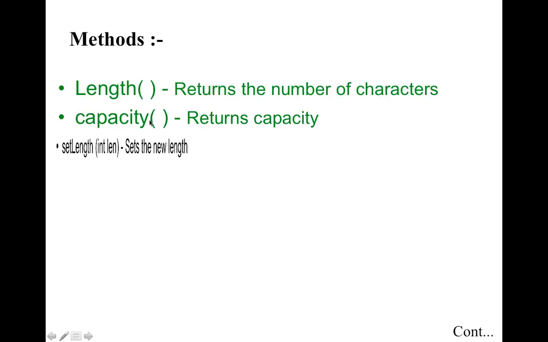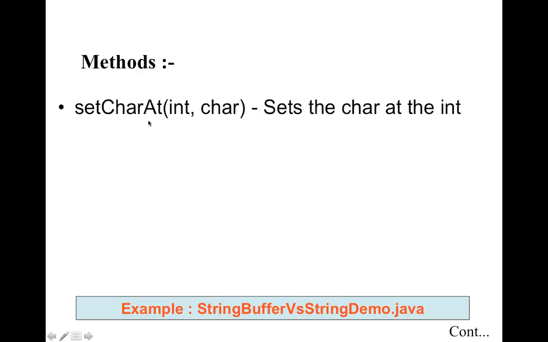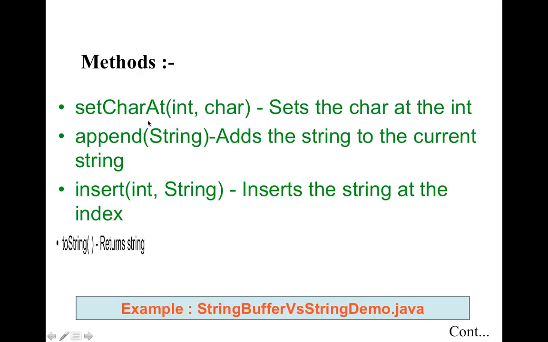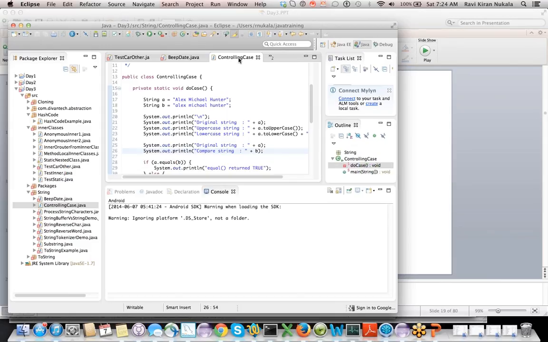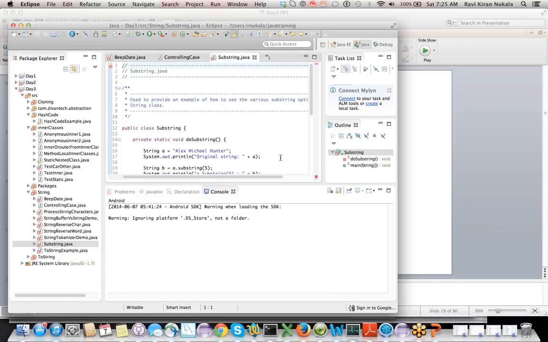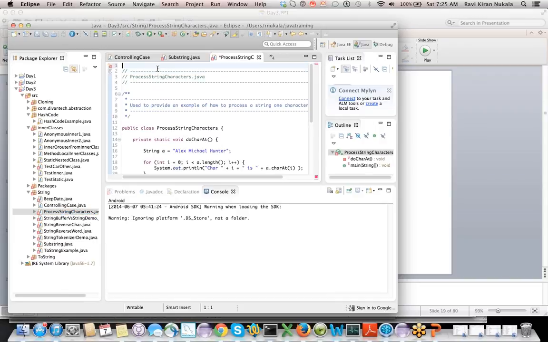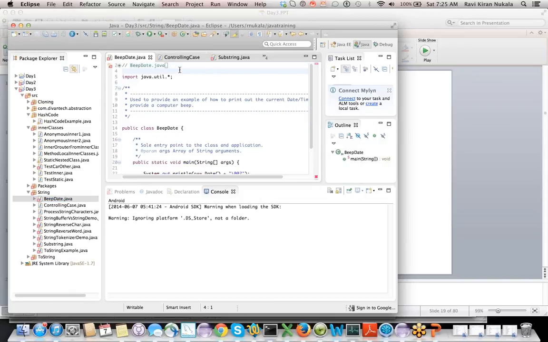Fine. So I'm just moving on with this. This also has all the methods, so you guys can look at them and ask me questions if you have any. If I see anything that I need to share, I'm just going to. Let me share this. Here we have a substring demo. Let's see all the string examples, then we are in good state. Just give me one more moment.